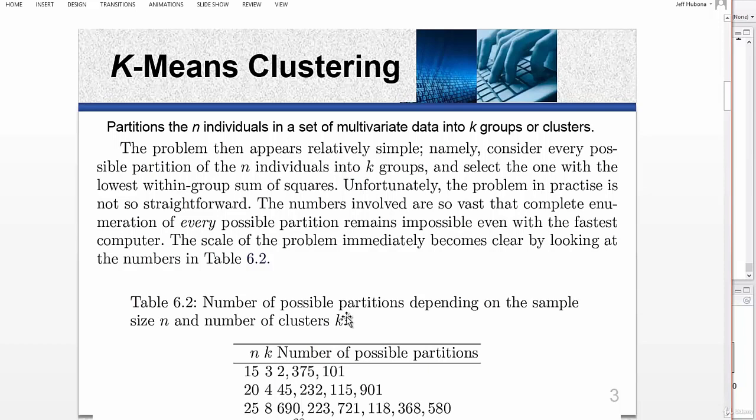So to address that, a lot of people recommend that you do it several times. If you're focused on group membership, let's say you're trying to use K-means to get the optimal membership at the individual observation level for the three groups, you should probably run it several times at least and take a look at how the group membership differs. Okay, so another issue